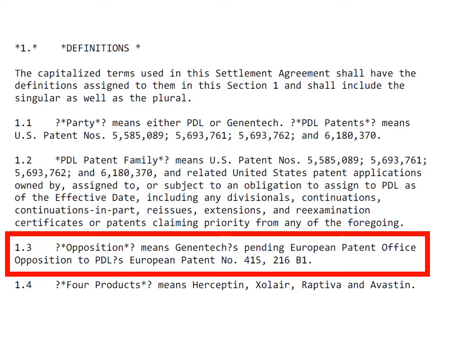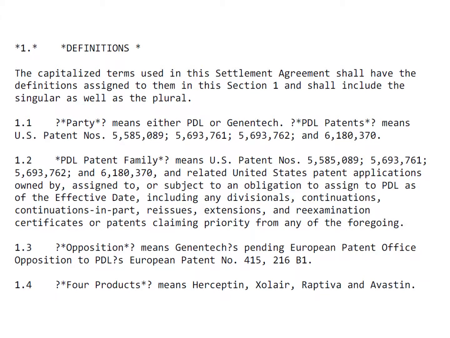Remember, when they were signing this deal, one of the things going on is they had a disagreement as to whether the patents are any good. And the contract kind of memorializes an important piece of it. The opposition is a proceeding in Europe where Genentech had been pushing to get this patent thrown out. So not only were they talking together, hey, I've got Xolair, oh, I don't know if I want to pay under Xolair, on and on. They were talking, but there was also a real fight underway in Europe where Genentech had squeezed the trigger and had gone to the European Patent Office and said, there's a particular patent you guys should never have issued, blow it up. That's the opposition. And again, you'll see one of the things this contract does is tuck in that opposition.